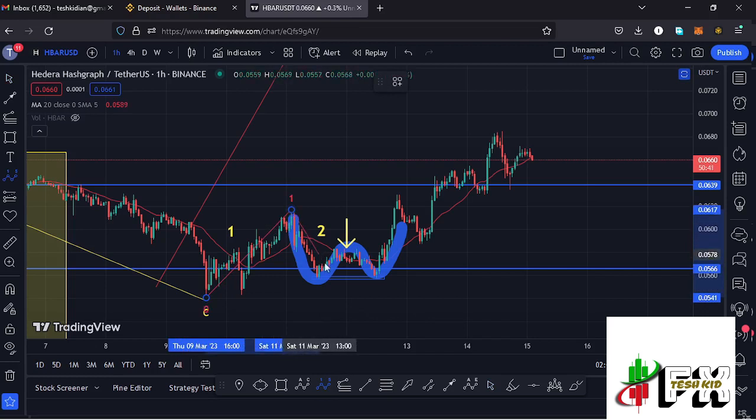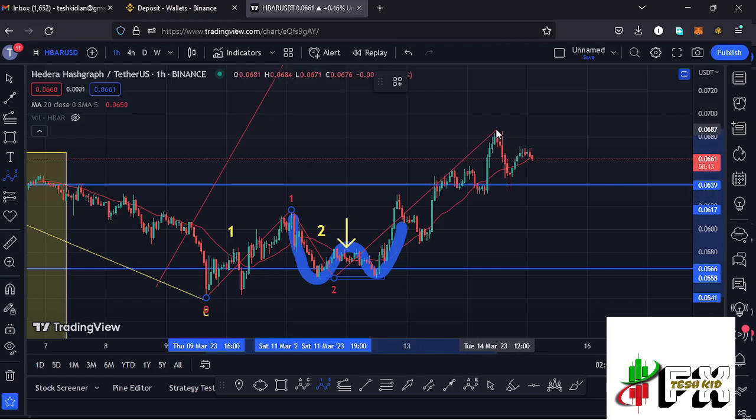Then we have seen a corrective structure over here in the formation of this wave 2, and after seeing the formation of that wave 2, we saw the formation of this chart pattern, which is a double bottom, which is a chart pattern that normally breaks to the upper side, and its minimum target area at around the $0.061 mark we fully maximized since we saw the breakout to the upper side and continued gearing up in what I'm terming is the formation of that wave 3 in a move that has now given us a peak at around the